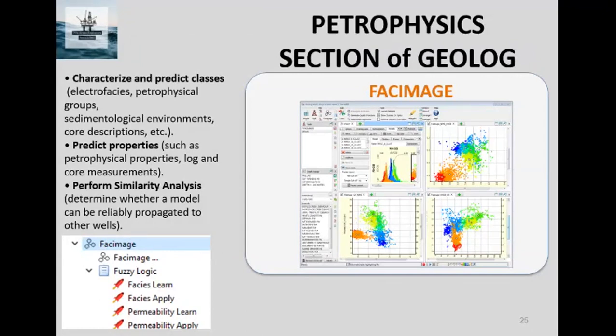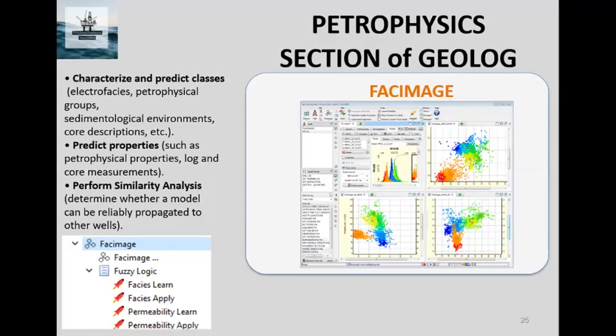FastImage helps you to predict the logs from model logs that you input to FastImage. Another use of FastImage is in electrofacies analysis. MRGC, SOM, KNN, and similar methods may help you with electrofacies analysis.